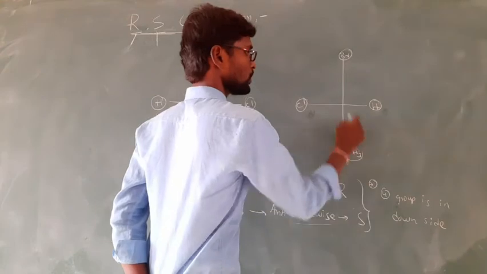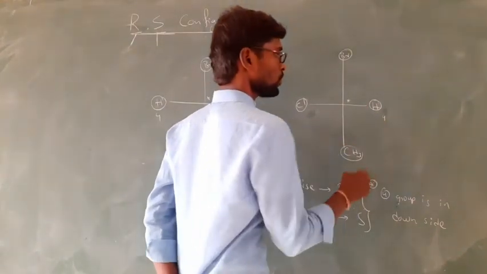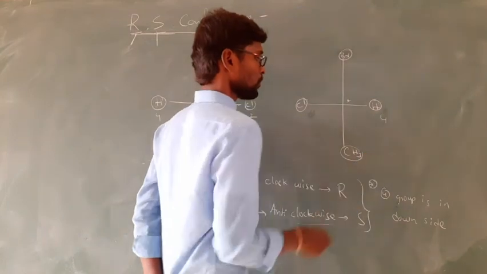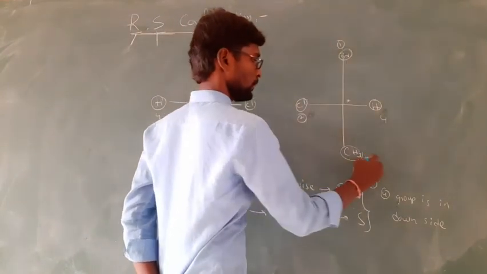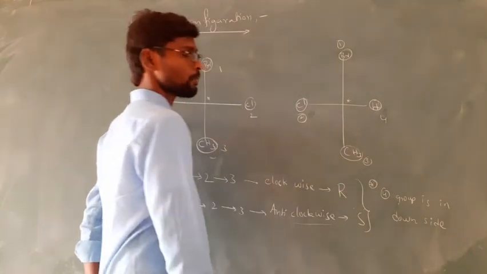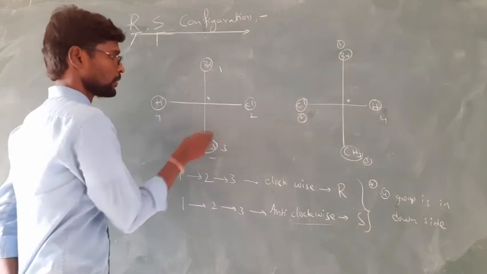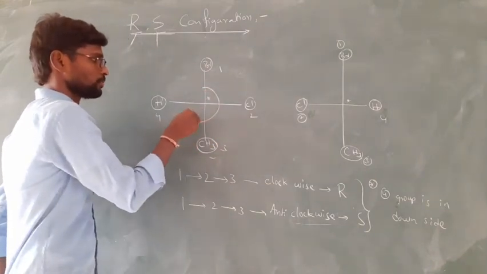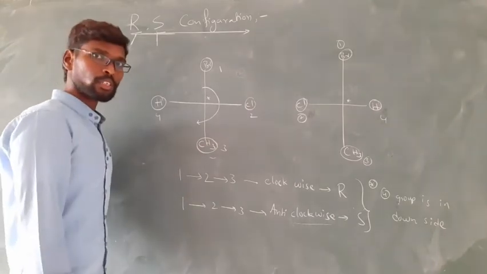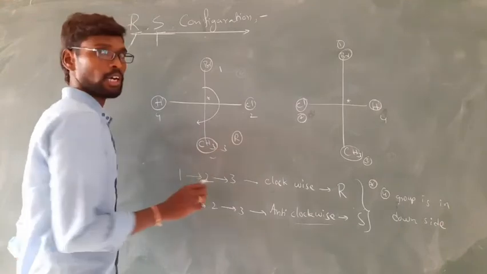Right. Now here in this molecule, same. Four groups are there, so it is a chiral center. It is also a chiral center. Now hydrogen is the fourth priority group. Bromine is first priority, chlorine second priority, and the methyl group is third priority. Right. Now give the directions. Now here 1, 2, 3 are in clockwise direction. Clockwise means we have to give R. Right. We have to give R.